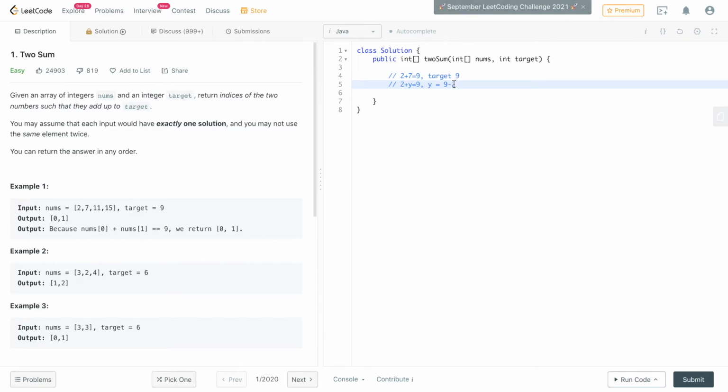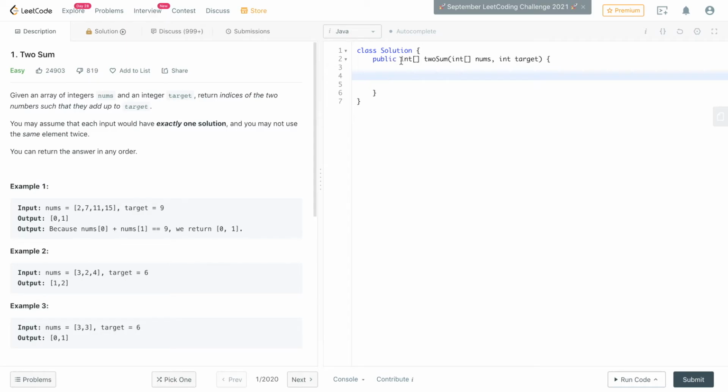So if we traverse our nums array, we know the target, and we check our hash map, which we created in the first step, to see if the difference is present or not. If the difference is present, that means two numbers are present which add up to the target, and we can just fetch the index from the hash map, and that gives us the solution. So let me start coding it, and I guess it will be more clear after the coding.